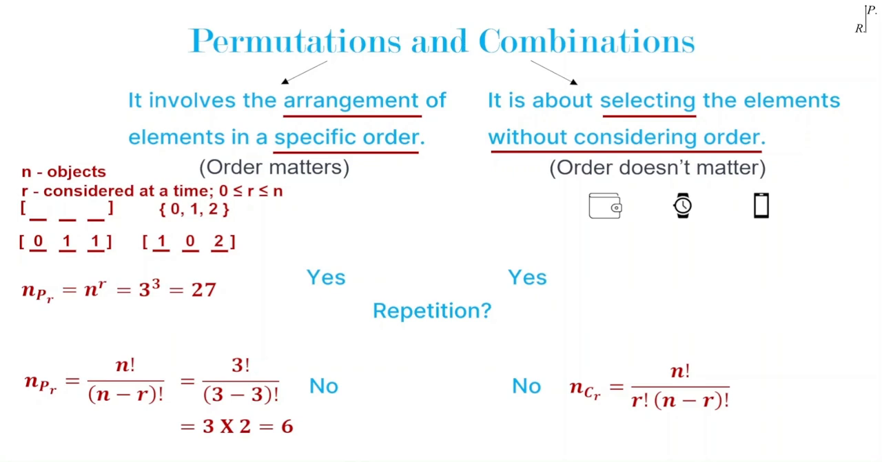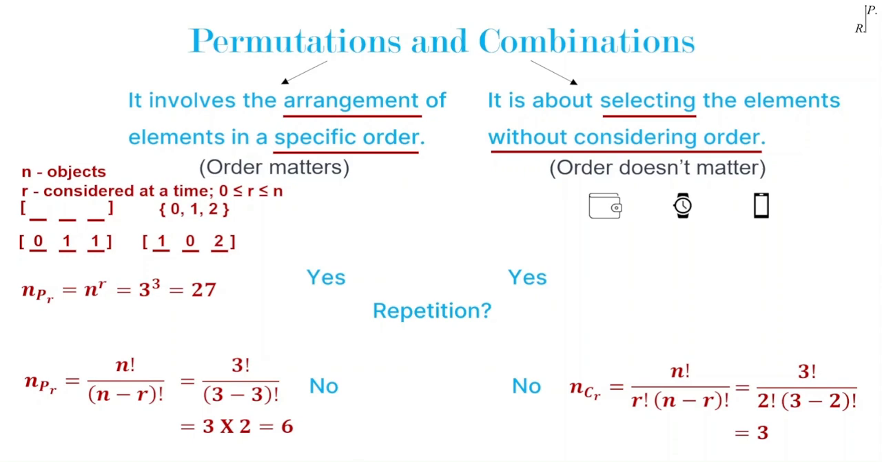So, we can solve it as 3 factorial upon 2 factorial multiplied by (3 minus 2) factorial, which upon solving will be 3. So we can make the selection without repetition in 3 ways. Now let's say we put back the first withdrawn item back in the drawer and then we make the second